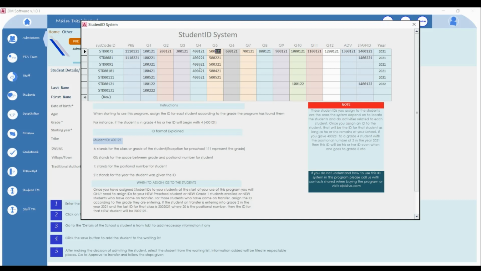Now, for example, if the student is on transfer, you are going to assign the ID to that student based on the class that the student is going in. So for example, if the student is going in grade 6, you are going to check the grade 6 class, figure out the last ID for that class, and then follow the pattern and give an ID to the student. So for example, if the last student in grade 6 is number 20, which means this new student is going to be